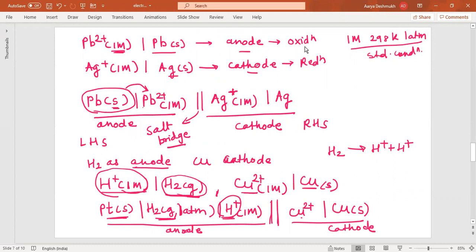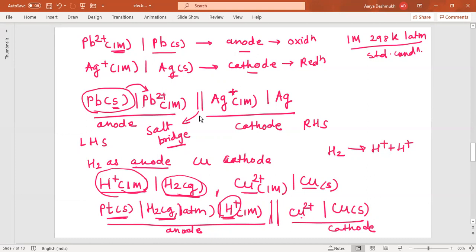So this is the anode where the oxidation takes place. This acts as the cathode where the reduction takes place. If the cell reactions or half cells are given, how do we represent the cell? Lead, which is solid. This metal is immersed in its own ion solution, that is, in ionic form Pb2+. Pb to Pb2+ means there is oxidation, a loss of electrons. So this part is the oxidation process, so it must act as the anode.